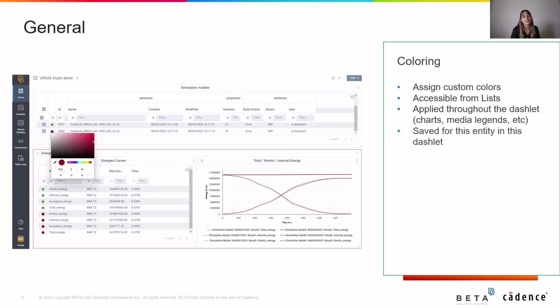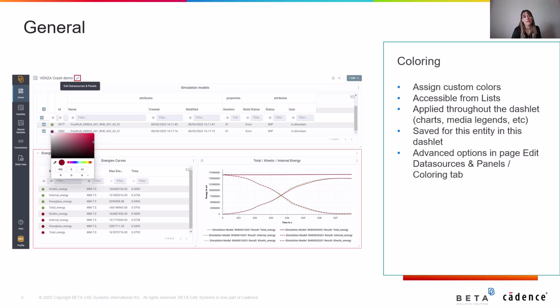This is most suitable for cases of Daslets which have been set up in such a way so that all entities get their color by the simulation run, simulation model, or safety test they belong to. As a reminder here, this is achieved by setting from attribute in the various coloring options of the panel's properties.